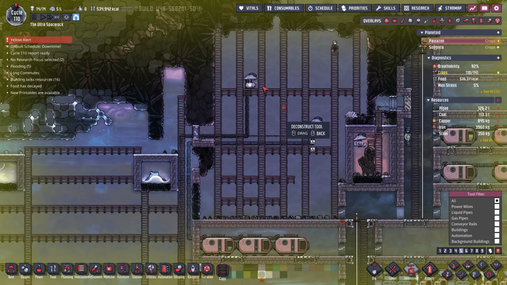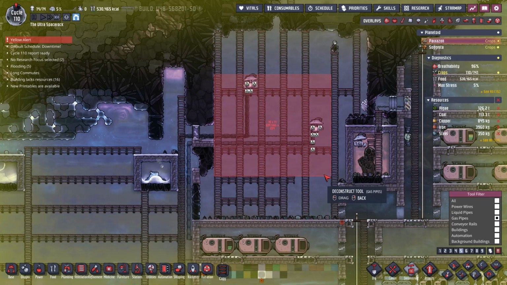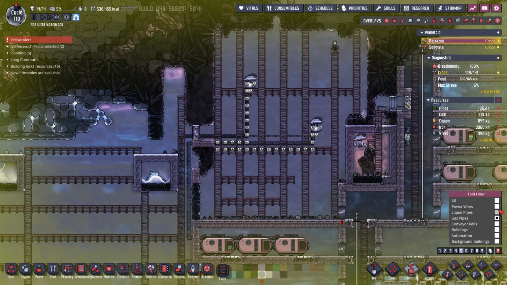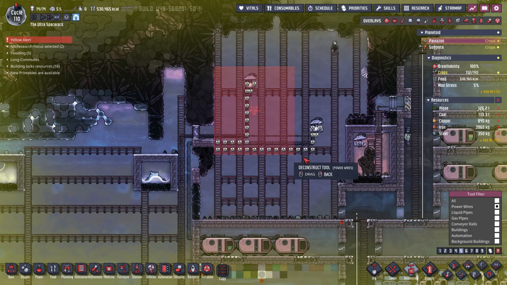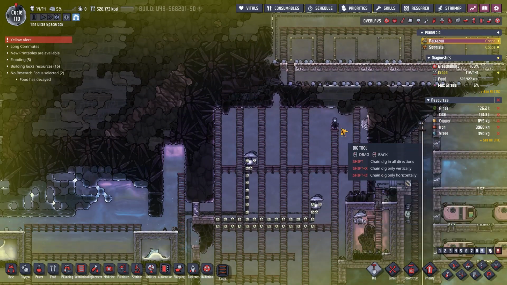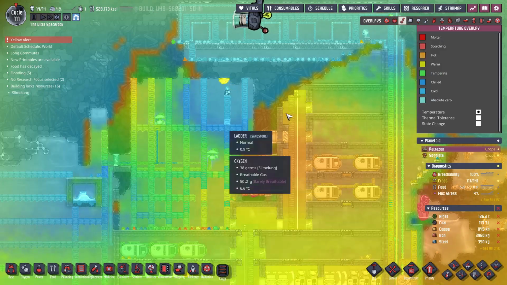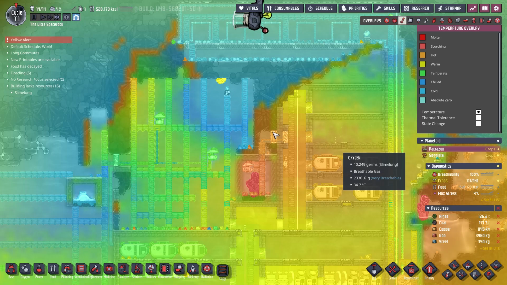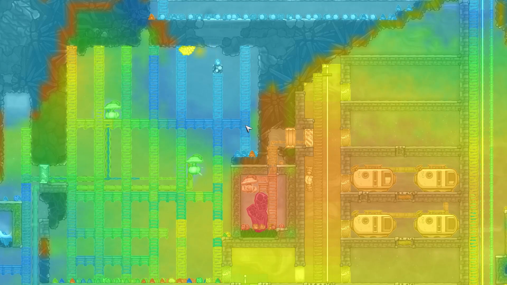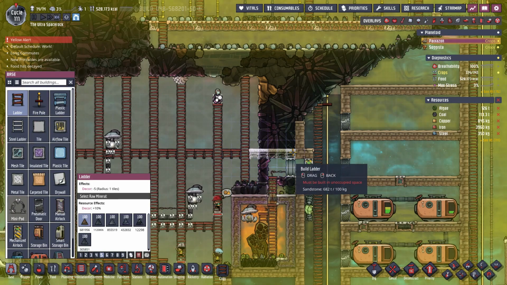So the only thing here that we need to keep, and actually what I want to do now is deconstruct both of these because they're going to be sucking out that oxygen and we don't need them to. So gas pipes, all of that, and power wires, all of that, and dig that. And what I'm going to do is I'm going to try and link this now up to itself and let these temperatures kind of mix together,